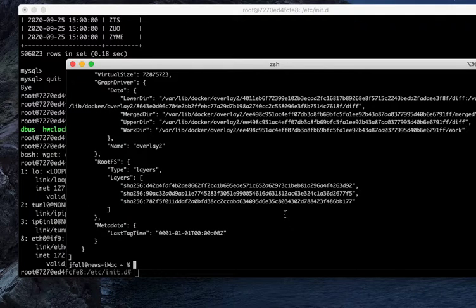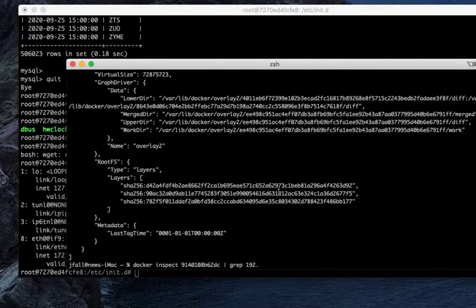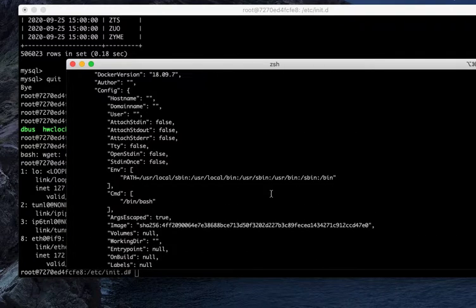I don't know. Let's just go like this. Docker inspect it. I want a 192. Let's do 192. Grep 192. It should be 192 something rather, right? So nope. So that's really interesting. It must be using some type of